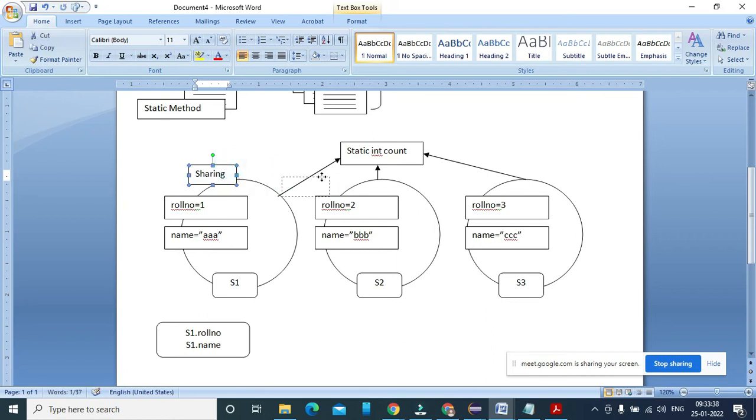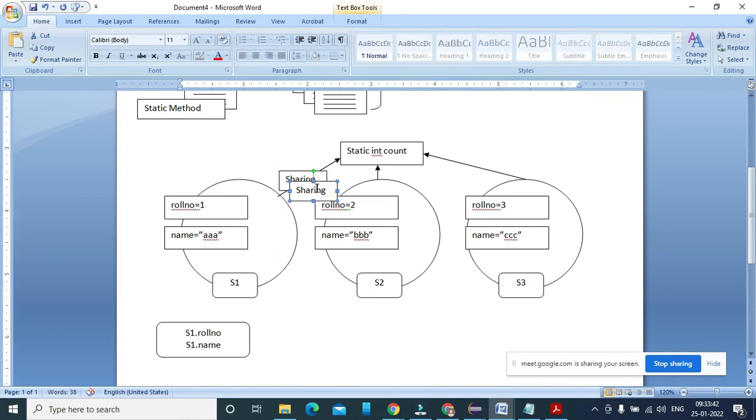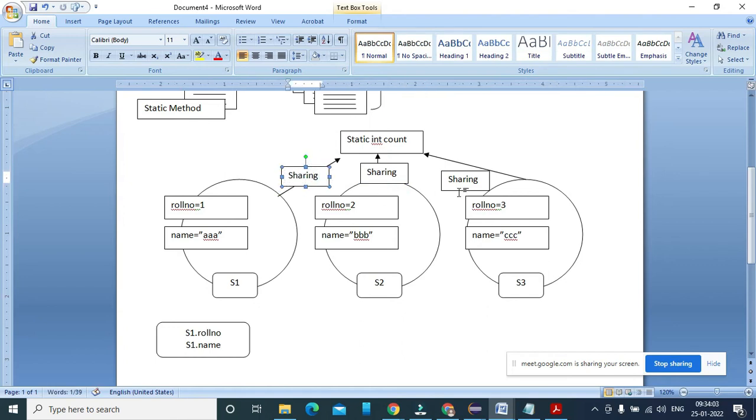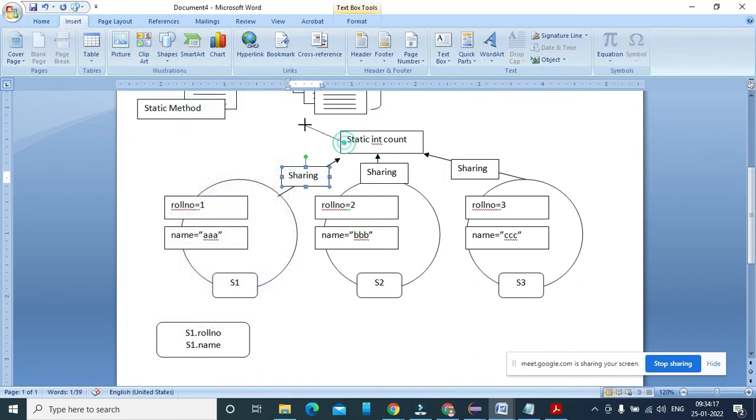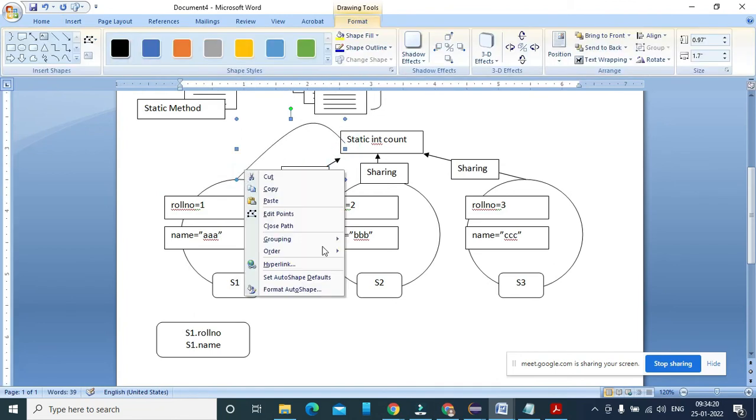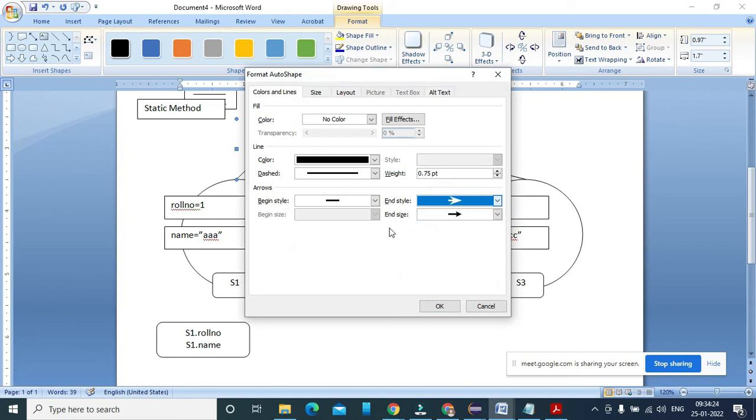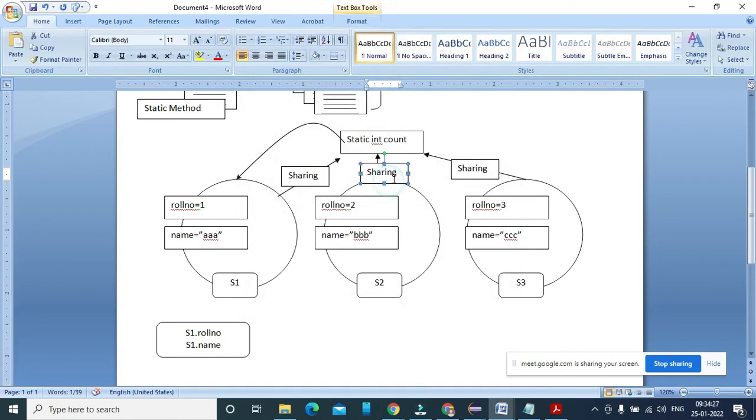तो अगर ये शेयर कर रहा है, तो अगर इस बंदे ने काउंट इंक्रीज किया, तो इंक्रीज किया हुआ काउंट इस ऑब्जेक्ट को मिलेगा. हर एक ऑब्जेक्ट उस वेरिएबल को शेयर कर रहा है. सो देयर इज अ सिंगल कॉपी अवेलेबल टू each object, and you can access these with the help of the class name. तो ये स्टूडेंट डॉट क्या बोलेगा शेयरिंग करने के लिए, so it's going to access this using the Student dot count here.